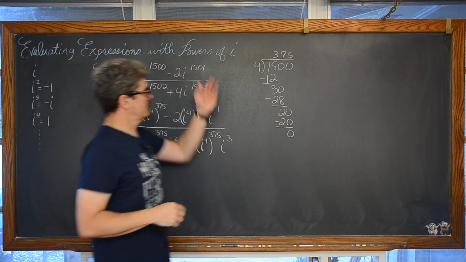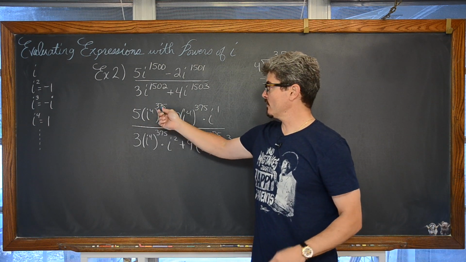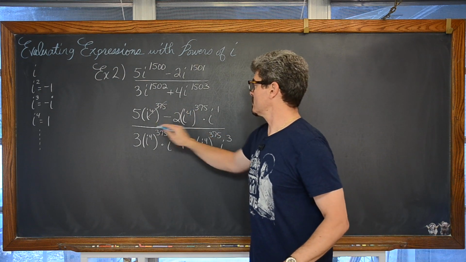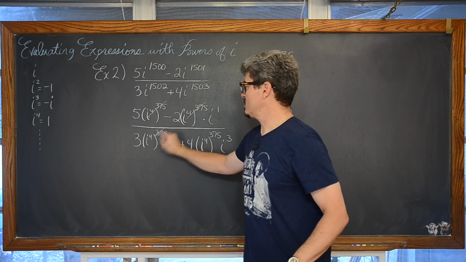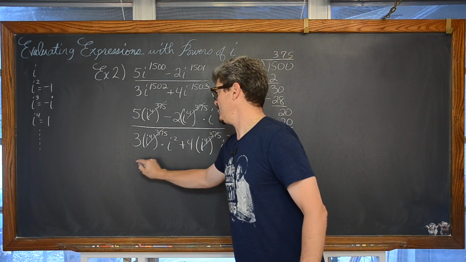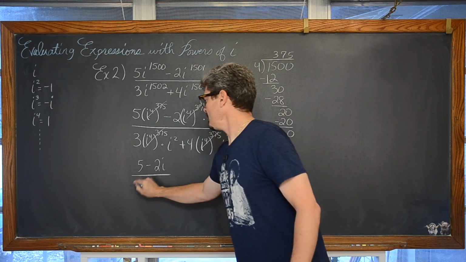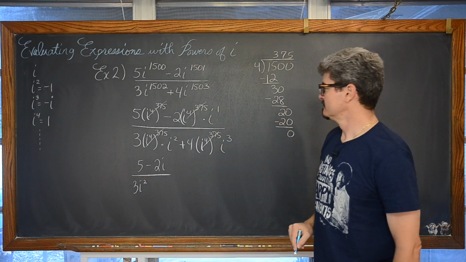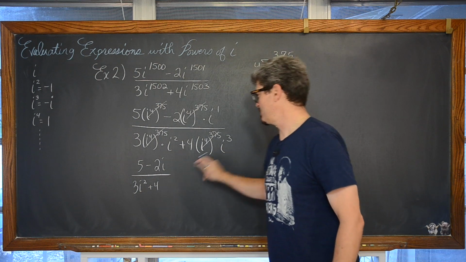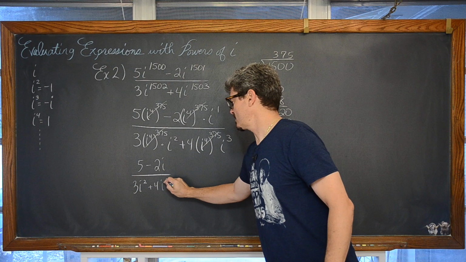So I'm just making this expression look different. Each of these powers of i to the 4th raised to some other power, 1 to any power, is simply equal to 1. So all these are not necessarily canceling out, but it's a multiplication by 1. That's your multiplicative identity. It doesn't really do anything. So we're looking at 5 minus 2i over 3i squared plus 4i to the 3rd, but just to speed this up a little bit, I have to simplify this anyway. So we have i to the 3rd.